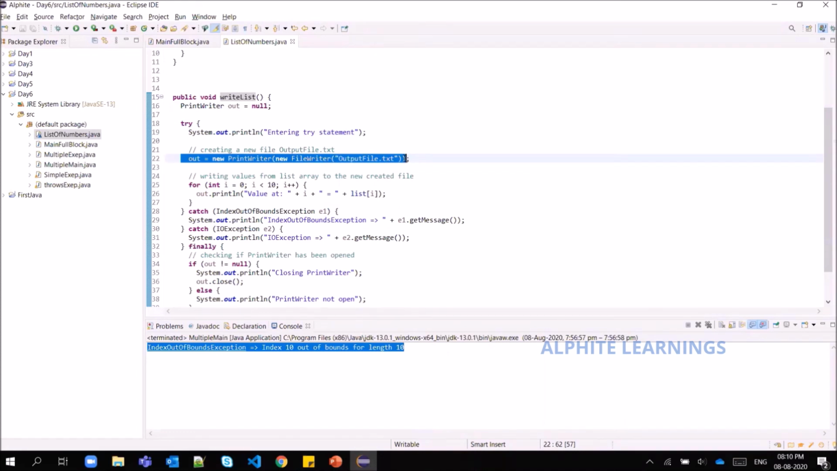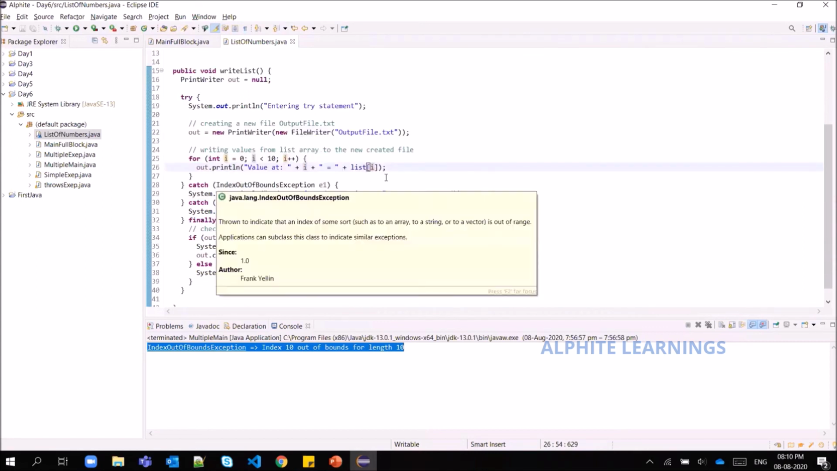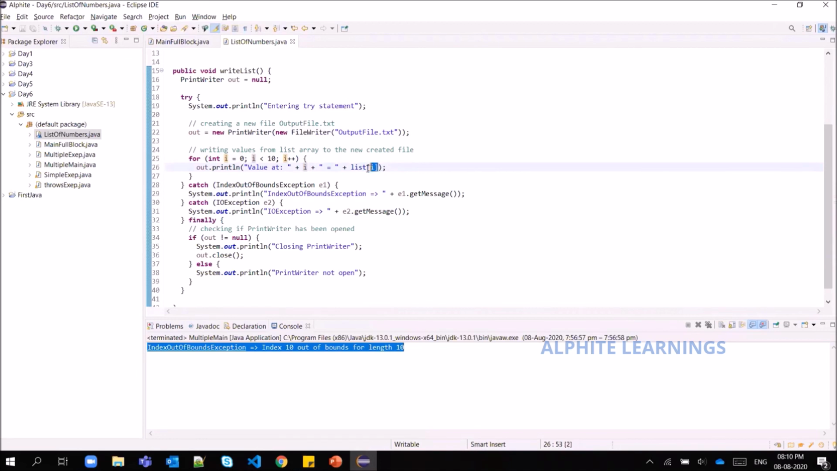Which means I'm going to create a file. Okay, understand? So in the next step, I'm just iterating the loop that I already have. I'm giving the same less than 10, and I'm trying to print the value, and I'm expecting what errors could happen. Since I'm iterating an array, I may get an array index out of bound exception, and also